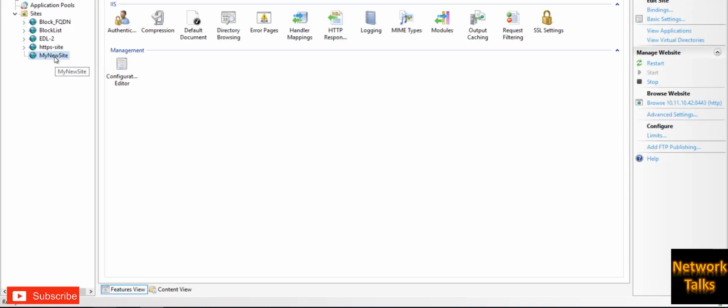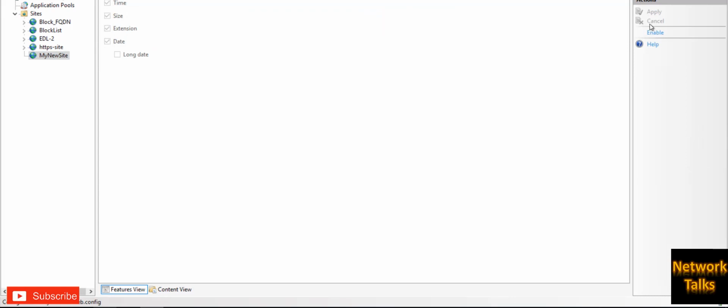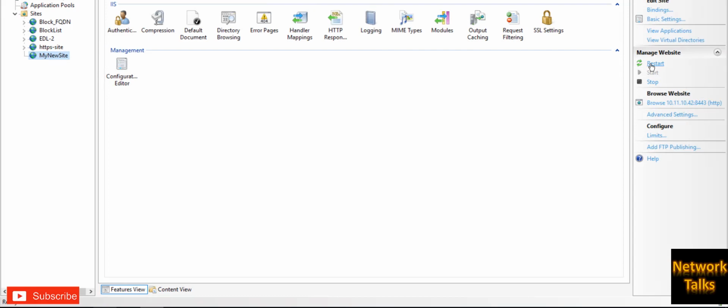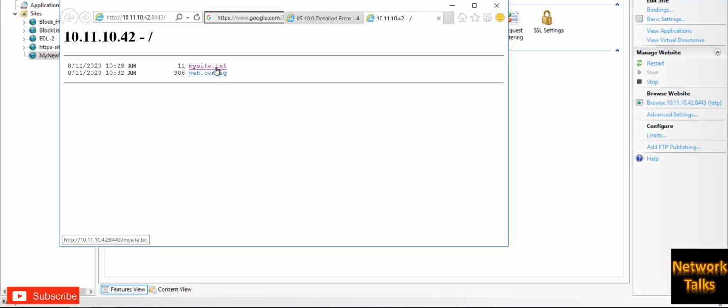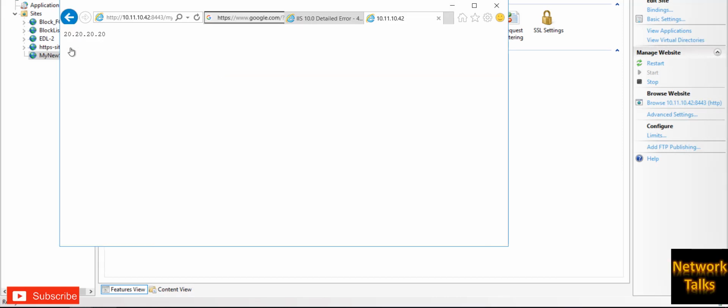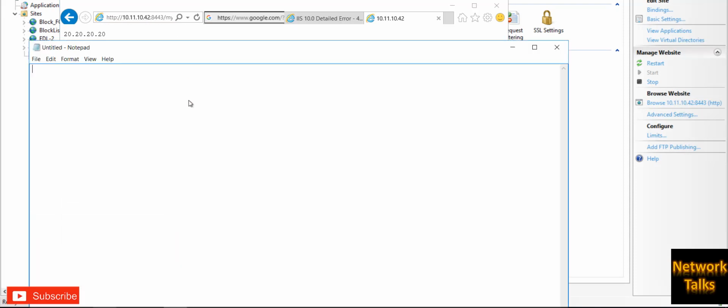Also check the directory browsing settings to see if it is enabled. Okay, it is disabled right now, because you are able to see the enable option here, which means it is disabled. So I'm just selecting the enable option. Now we should be able to access our web page. I will just restart the service and browse it. Okay, now I am able to browse it. If I go into this my site.txt file, I am able to see the same entry. So our web file is ready and our web path is this one.